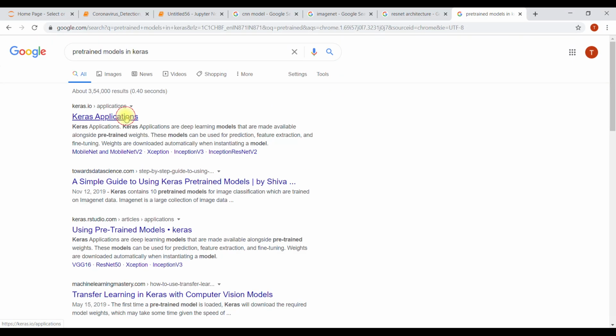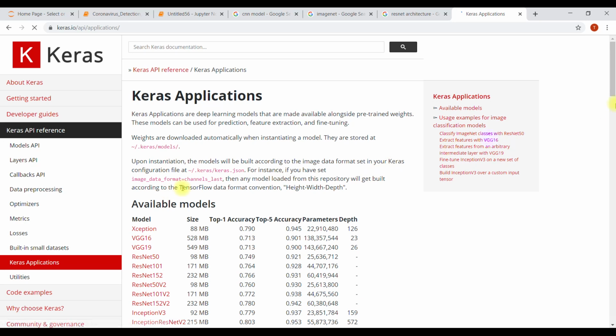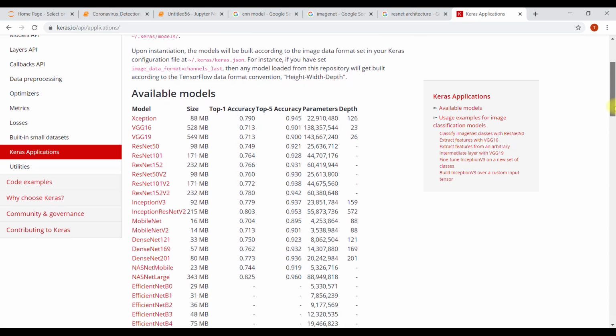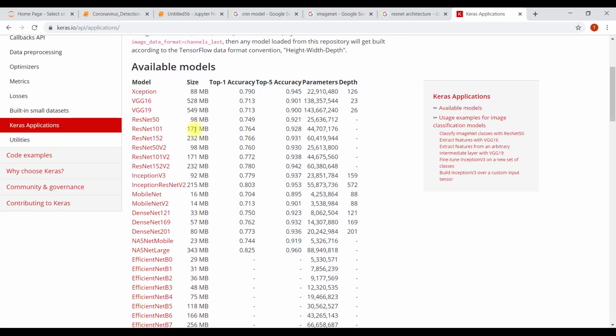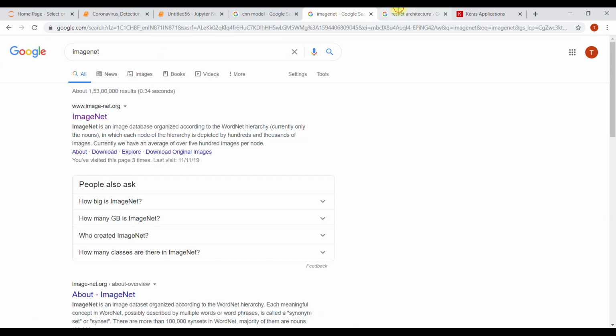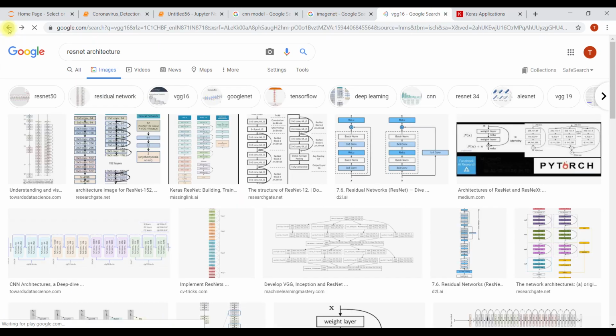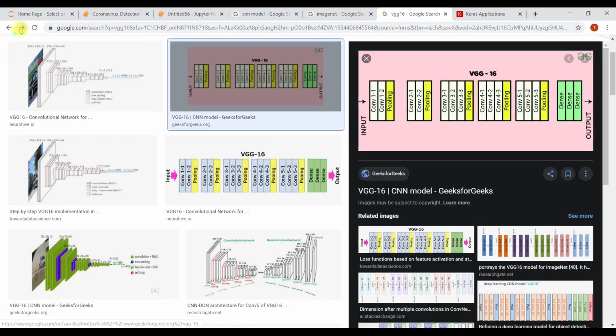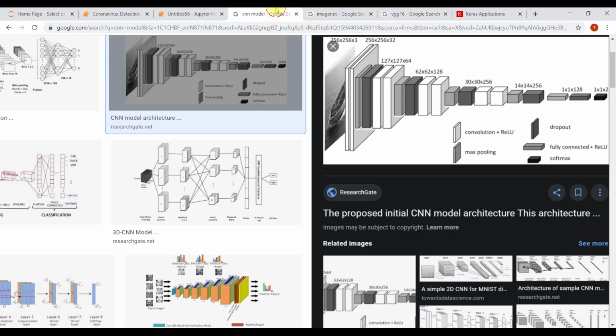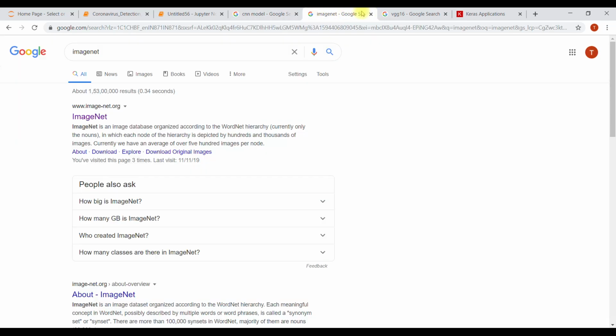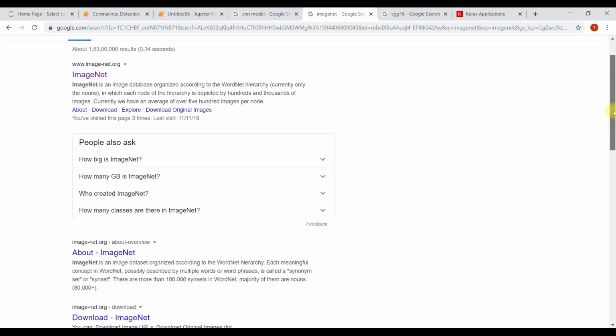Some have top accuracy, like Xception. Well, we are using VGG16, we are just using it. You can use ResNet 50 or VGG19 also.